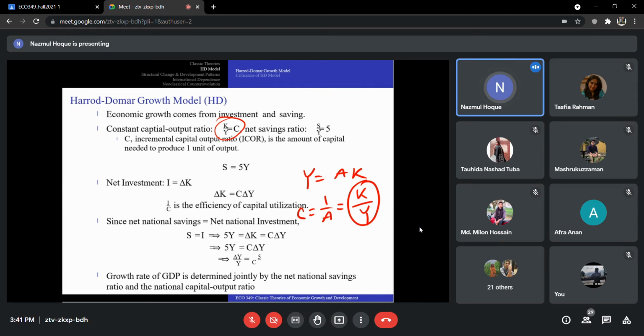That is some constant C. Sir, is this ratio always constant? Yes, it is inherent to the Harrod-Domar model. And we have the net savings ratio, which is S, total savings divided by